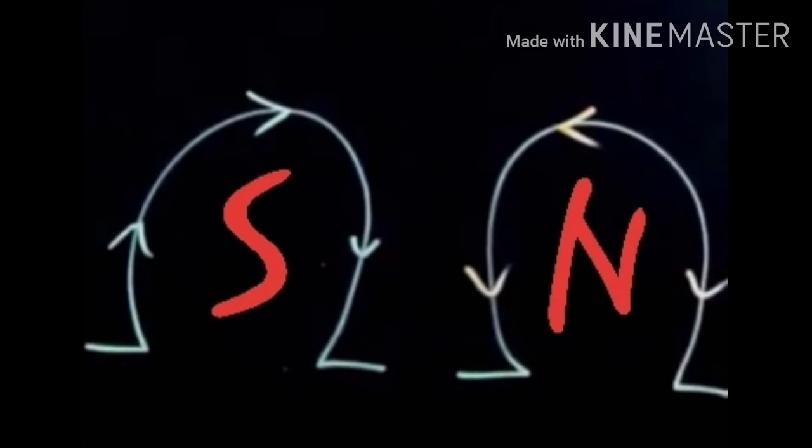Suppose this is a circular wire, and for the first figure, this arrow is pointing clockwise, means this is our south polarity. And suppose we reverse it, the direction of the arrow will change to anti-clockwise. Anti-clockwise is which polarity? That is the north polarity. Clear? Now next we'll do the solenoid.